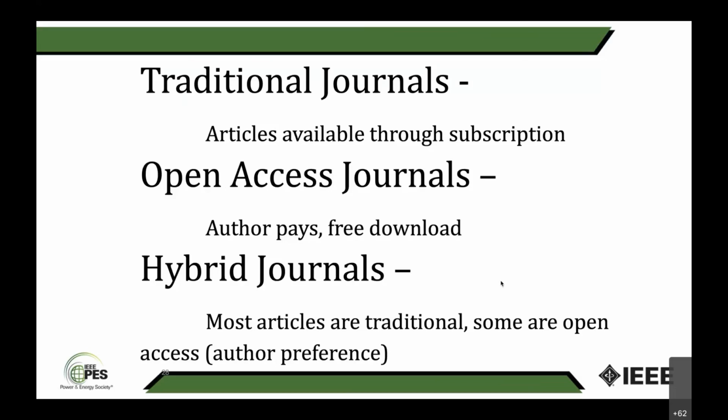Second is open access, where when your paper is accepted, you're given a choice. Do you want to make your paper open access? If you say yes, pay a fee. Whatever fee the journal charges, you've got to pay that. Once you are done, the paper is published online and then in print, and it is not closed. You can find that on a Google search, or you can find it from other sources. Third is hybrid. That means it has both options. Most articles are traditional, number one. Some are open because authors of those papers in that journal have said, we'll pay you the required fee, make it open. Those are the three ways we do this.